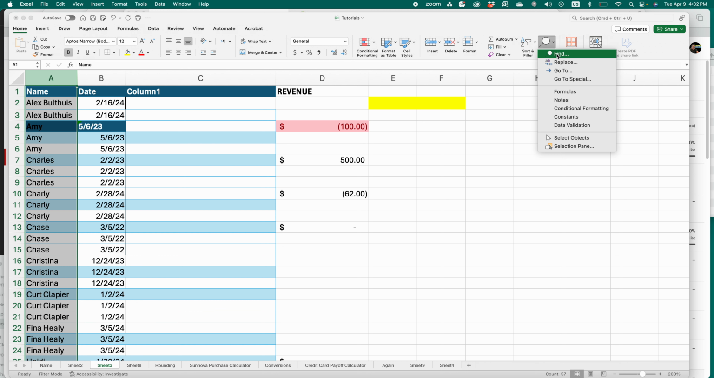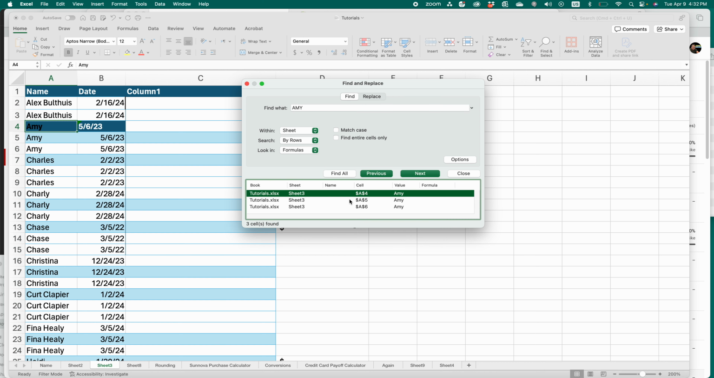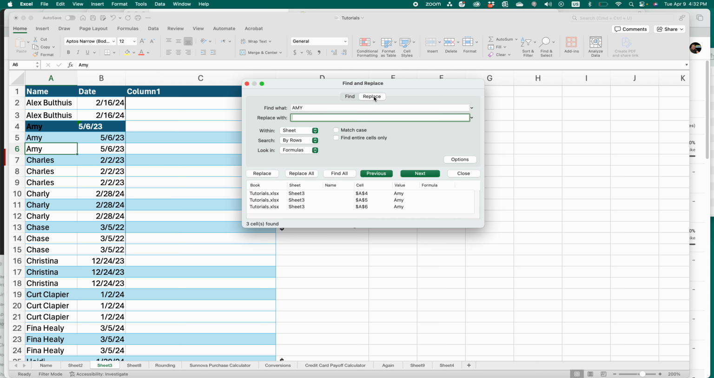Find and select. Maybe you need to replace a certain word. Maybe I need to find all the Amys on here. Let's see how many Amys are on this sheet. I can do Amy, find all, and it will show me all the cells that have the name Amy. Maybe I want to replace Amy with something. Find all the cells that say Amy and replace with